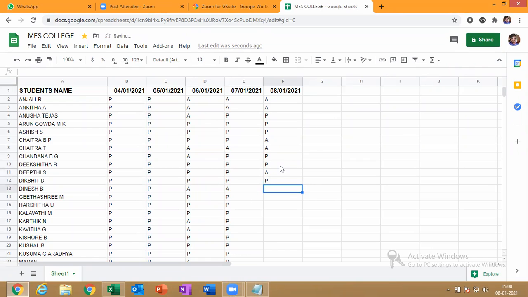Dinesh B. Geeta Sri M. Present, sir. So if you are attending, you also have to say attendance, only then will I take it. Harshita, you? Present, sir. Kalavati M. Karthik N. Kavita G. Present, sir.